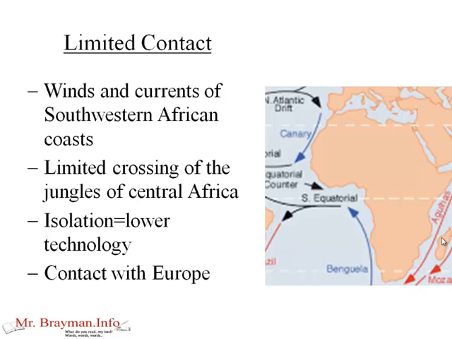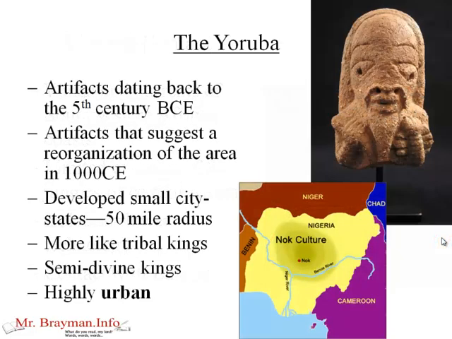You may notice I didn't mention China in that last list, and that's because the Chinese have always developed tons of technology on their own. They really are the technology incubators of the world and always have been. And so this area just really didn't have a whole lot of contact, and when they finally did get contact with Europe, it was mainly slave raiding.